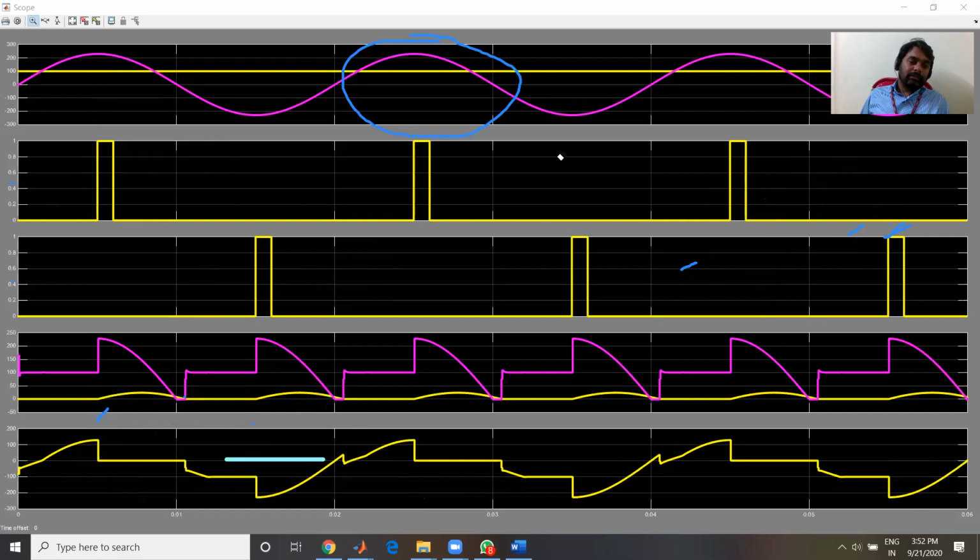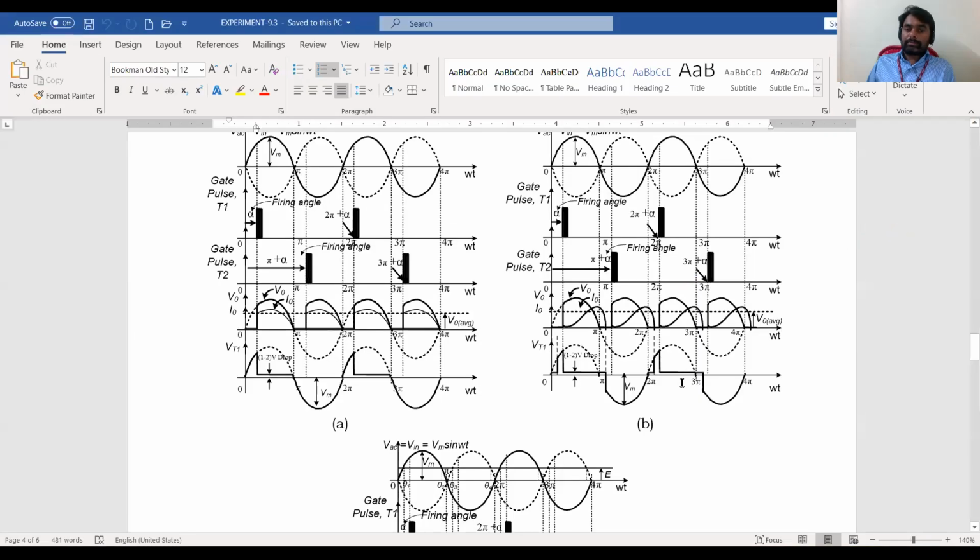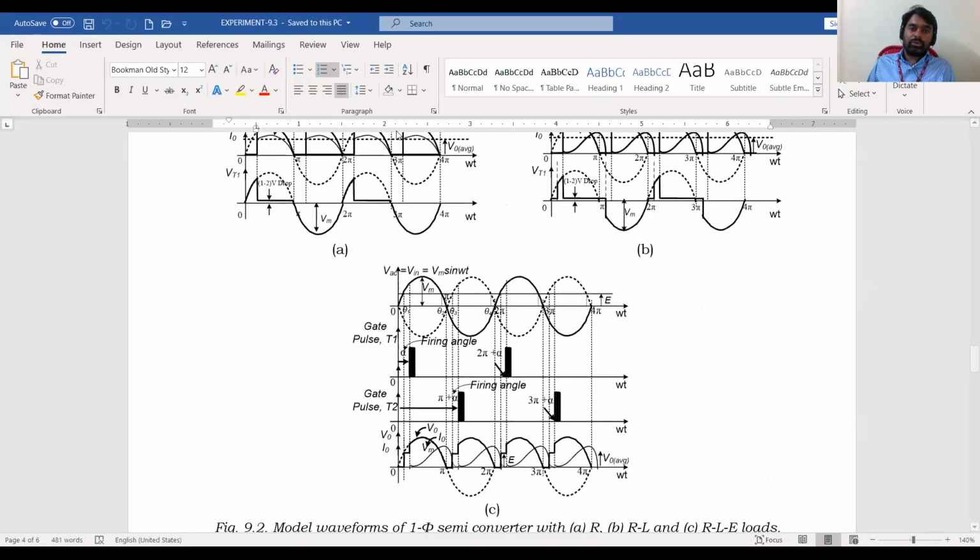Now these waveforms you can also verify with the expected waveform, which I have shown you in the Word document. Now you can see T1, T2. Now you can see there is a battery voltage for a short interval of time during which the current equals 0, and the output current equals 0, so you won't get the VR, VL effect.